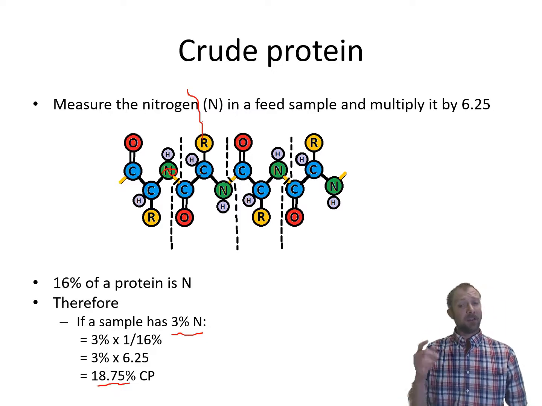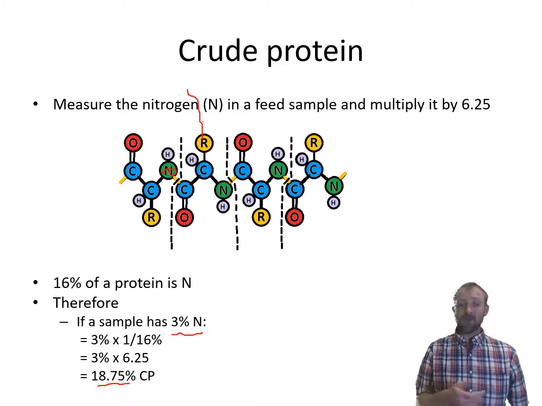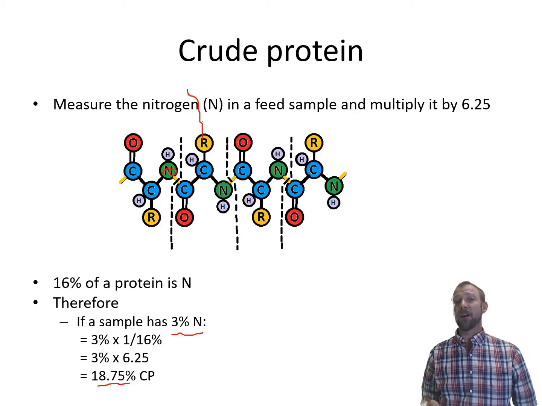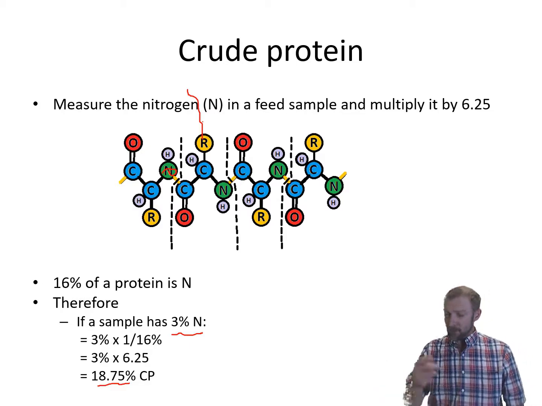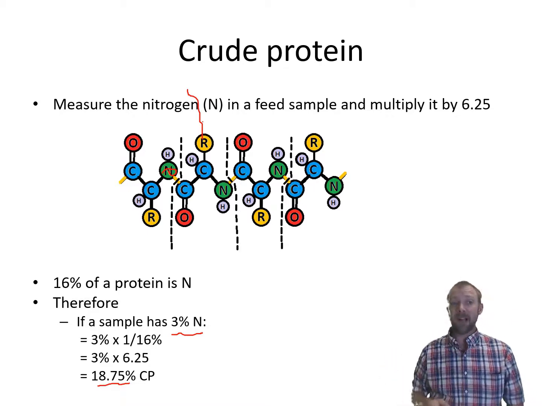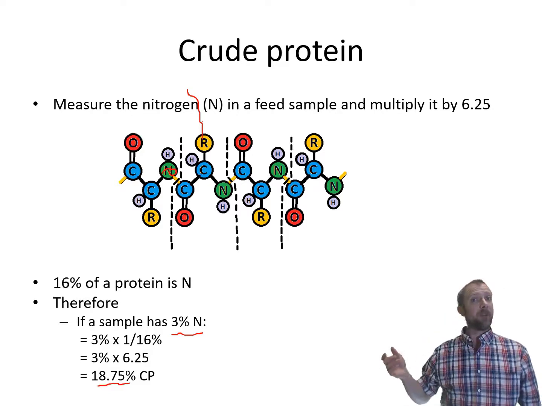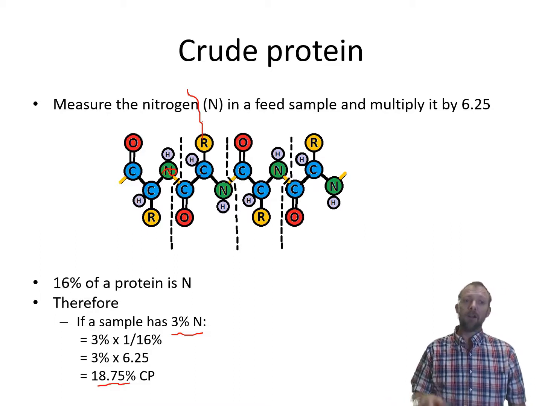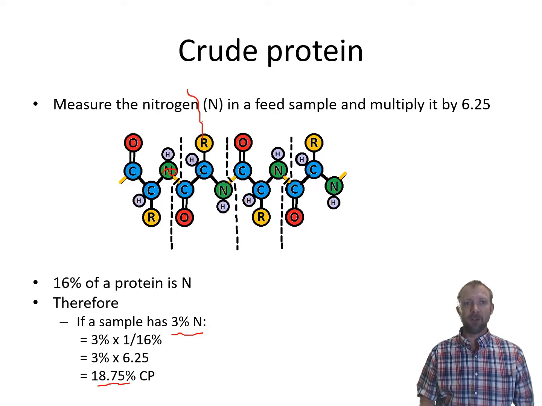Let's say this is an alfalfa sample. I take an alfalfa sample and I analyze it, and it comes out 18.75% crude protein. If I now go and get some urea, which isn't protein at all, and mix it up in the ground alfalfa, then send it off to get analyzed, there's going to be higher levels of nitrogen in there now. It's going to come out maybe 24% crude protein. Have we increased the protein levels at all? Not at all. We've actually just increased the nitrogen in there. So remember, crude protein is a crude measurement.